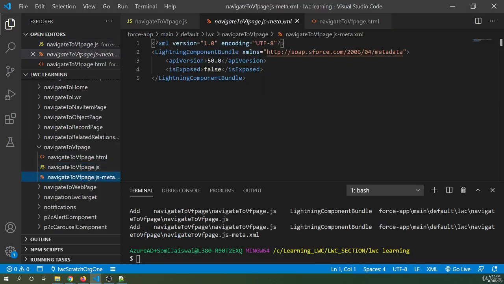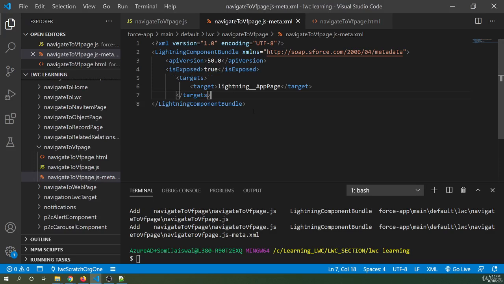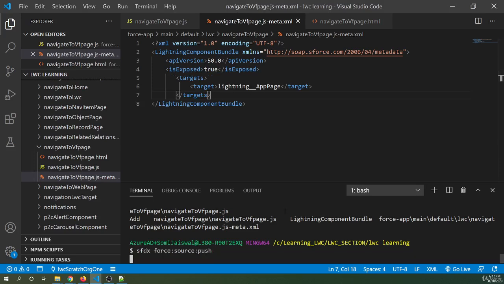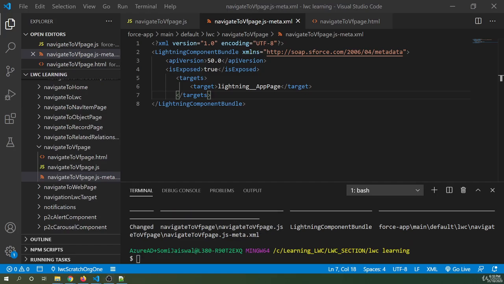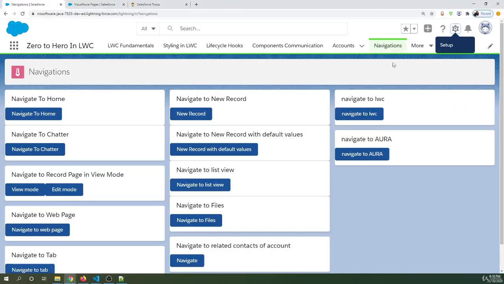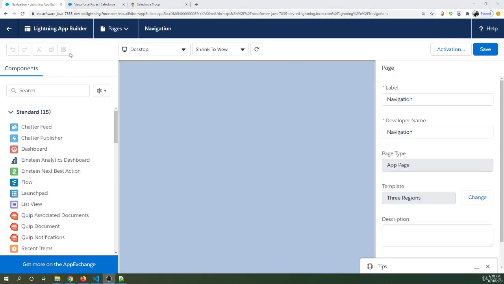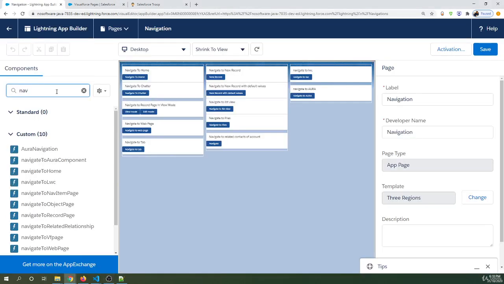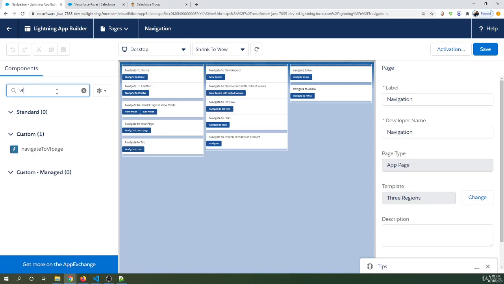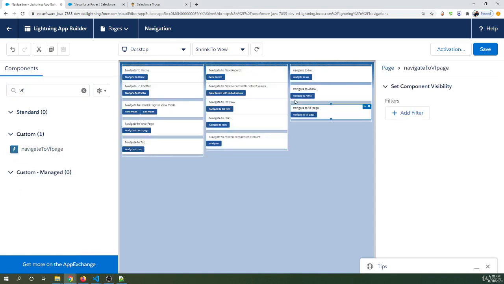We forgot to add our meta tags. So let's quickly add the meta tags. We'll say isExposed to true and target is lightning app page. Let's deploy this again. Now it's deployed. Let's go to our navigation page, edit the page, search for the component, navigate to VF page, drag it to the right hand side, hit save button, hit back button,